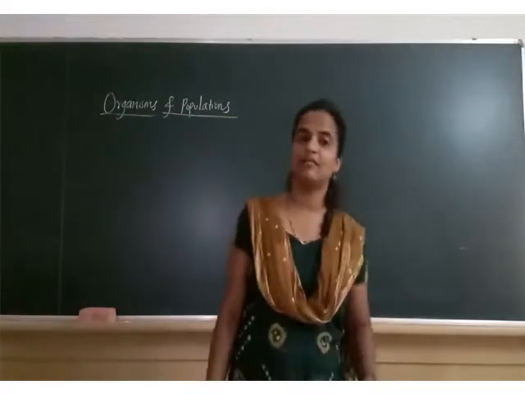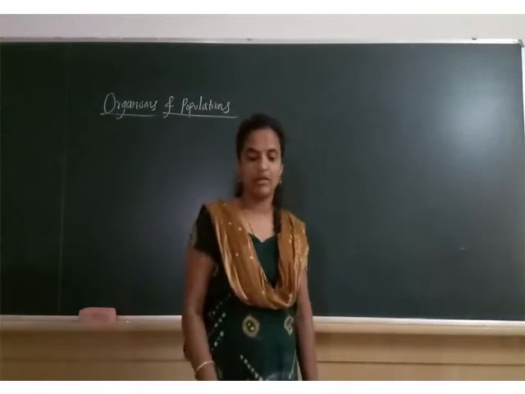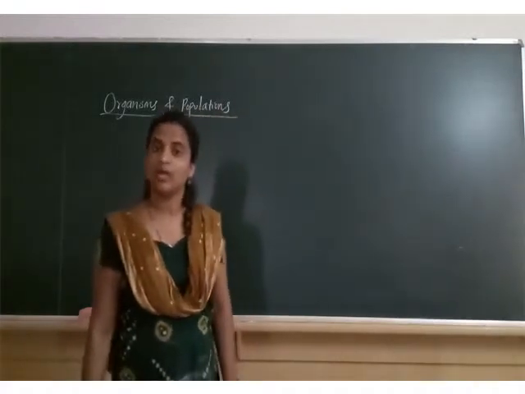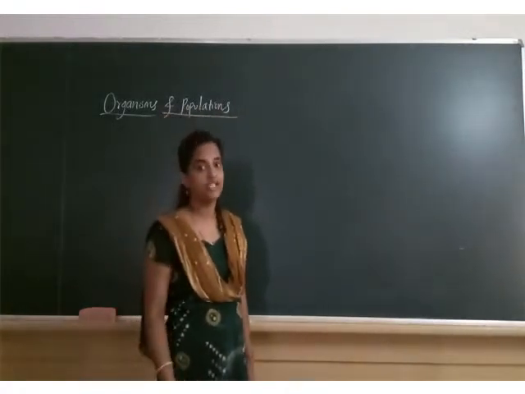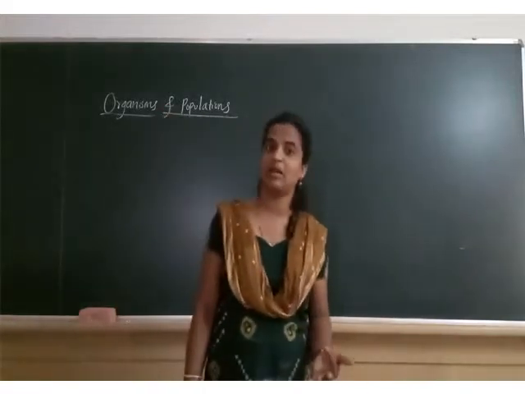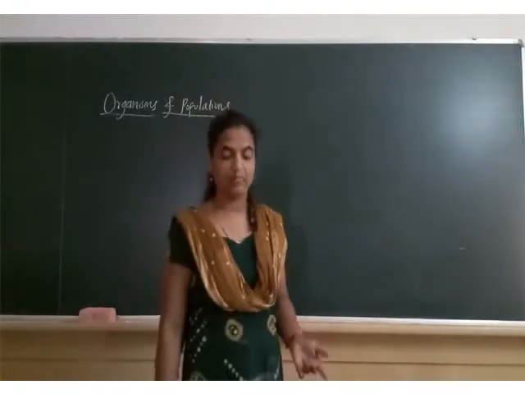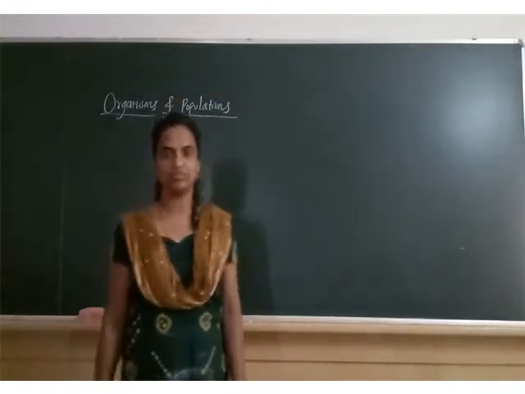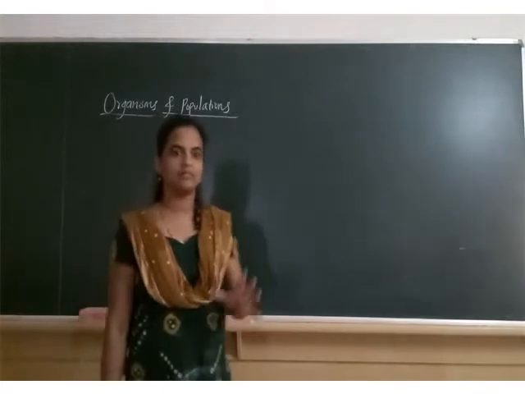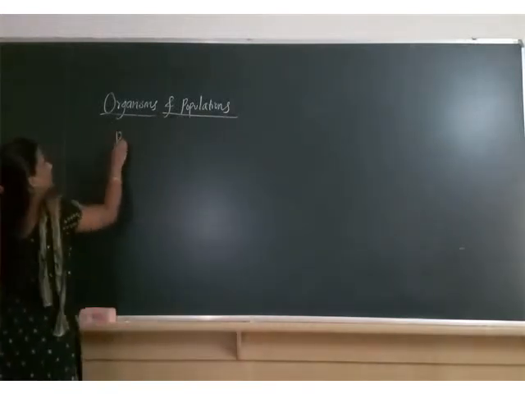Okay, in the last class we explained population attributes: birth rate, death rate, sex ratio, age distribution, age pyramids, etc. There are three types of age pyramids: growing age pyramid, steady age pyramid, and declining age pyramid. In the next part of population attributes, we are going to start population